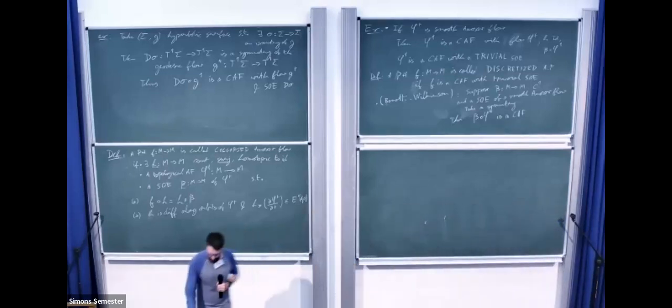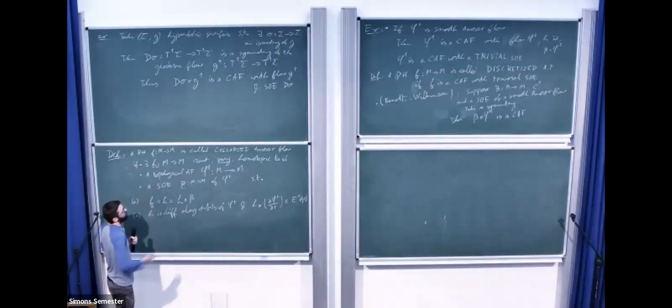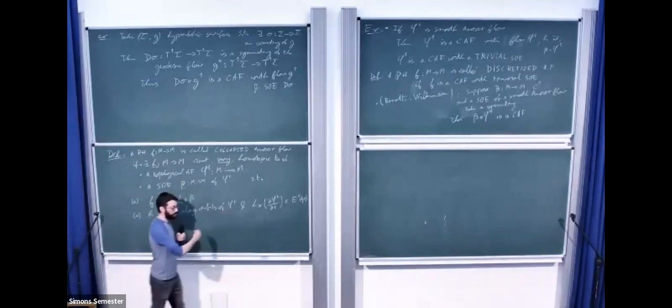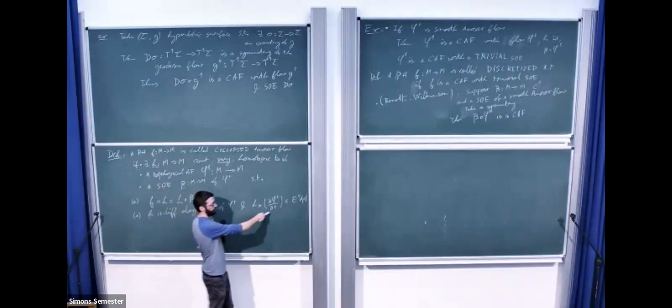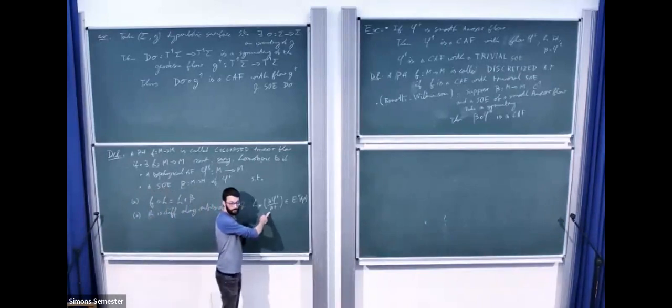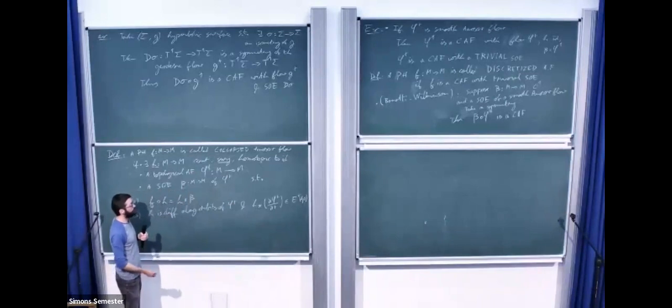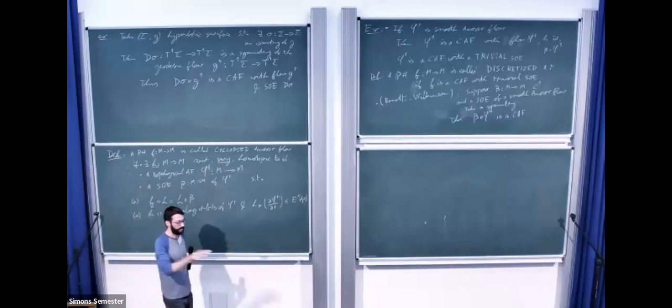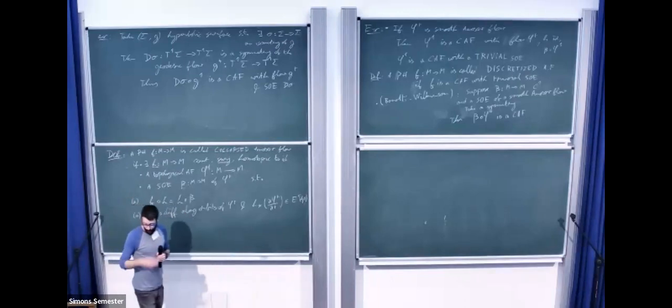As I said, this definition is somehow still weak in the sense that we know what happens to the central direction. The direction of the flow is sent to the direction of the center. However, we don't know what happens to the weak stable direction or the weak unstable direction. That is not included in this definition. Maybe you could have that the weak stable plane is sent to something completely different, or the weak stable foliation is sent to something completely different.